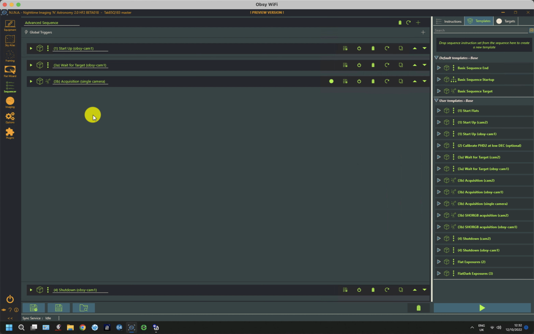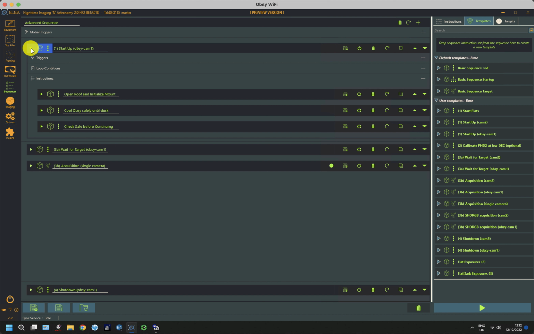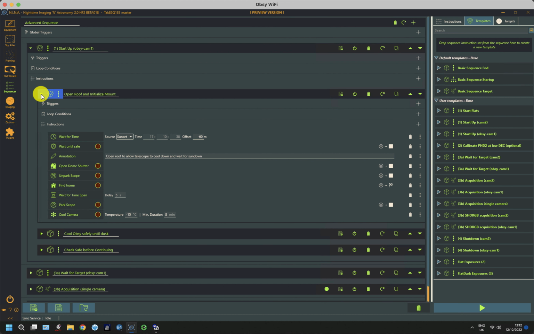So let's take a look in more detail at what's happening. If we expand the first tab, which is basically to start up the observatory, in which time the roof opens and the equipment starts to cool down to the ambient temperature, but it also needs to do it safely. So I think we've described this a little bit before, but what we can do is put in various instructions that pause and stop or repeat depending on conditions or the time. So we wait for sunset, and we also wait until safe, and then once those two conditions are met it'll